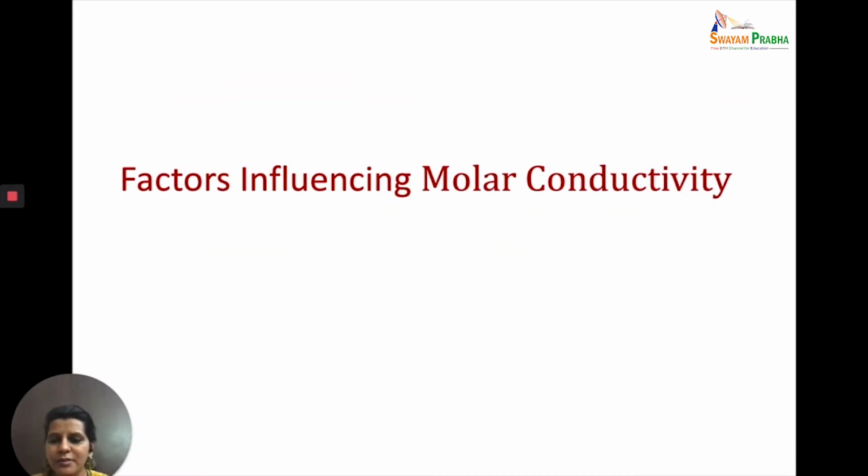we start with the factors which influence molar conductivity. So let's revise the definition of molar conductivity. Molar conductivity is defined as the conductance of a solution of electrolyte containing 1 mole of the electrolyte placed between two parallel electrodes which are unit distance apart and have area of cross section large enough to contain the whole volume of the solution. The formula was lambda m is equal to kappa by C,